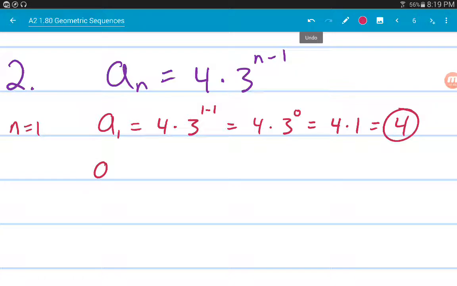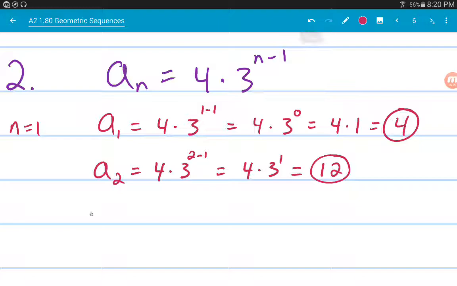To get our second term, we plug in a 2. So I plug that in, 4 times 3 to the 2 minus 1, and that's equal to 4 times 3 to the 1. And that is 4 times 3, which is 12. We'll do one more, a sub 3. I get 4 times 3 to the 3 minus 1, which is 4 times 3 squared,